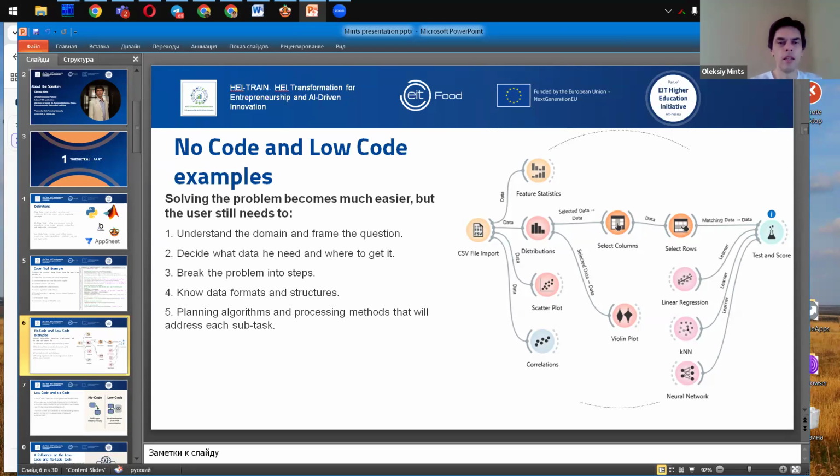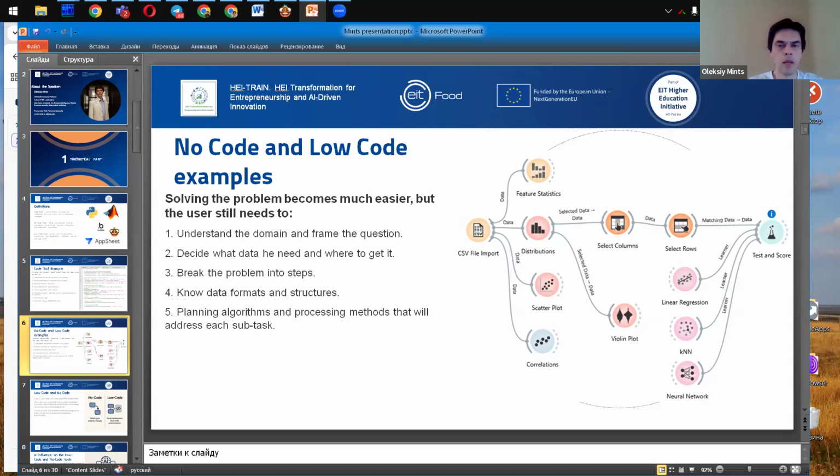And finally, you need to plan your algorithm and processing methods. You may look at the operations the tools offer, such as filter, sums, trend detection, or predictive models, and decide how each of them will help answer your question.